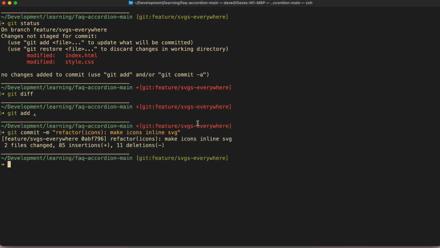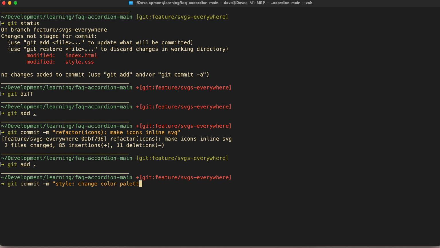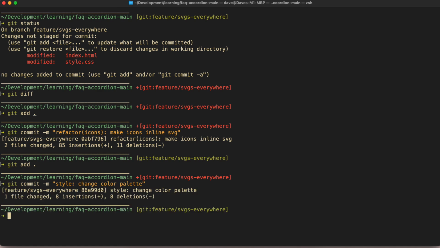So one last time, git add dot, git commit -m, this is style, change color palette. Brilliant, okay? That leaves us with, what have we done, okay? So